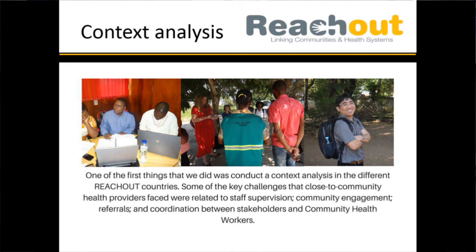What was amazing about our context analysis is that if you took away the countries from the quotes and from the data, you wouldn't know that it was informal providers in Bangladesh or it was paid community health extension workers in Ethiopia, because the quotes were so similar. It was incredible, particularly around these areas of supervision, engagement with community, around referrals and referral systems, and about coordination